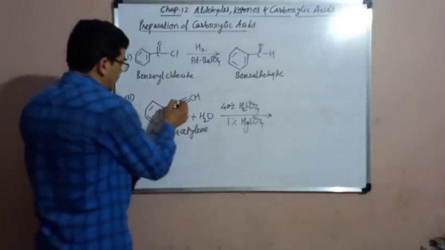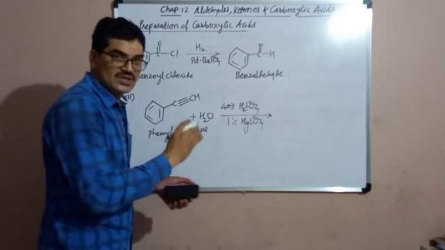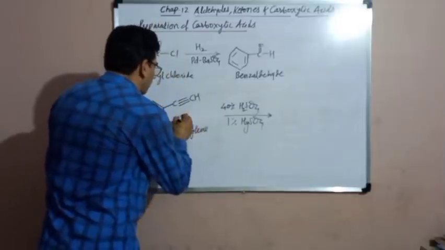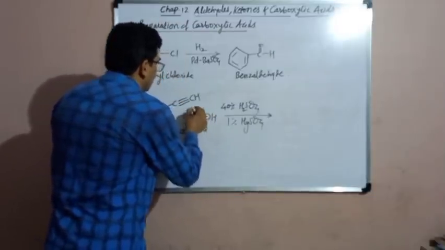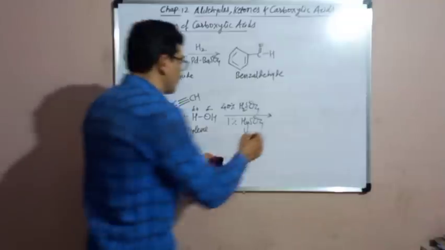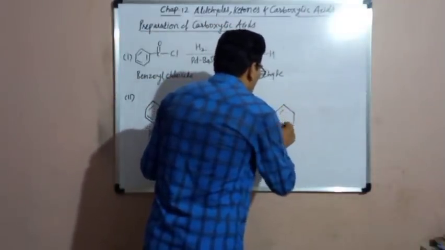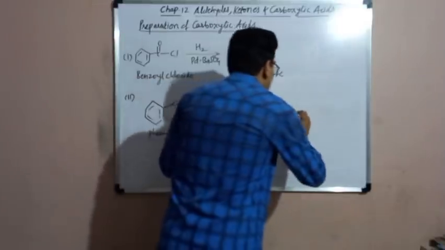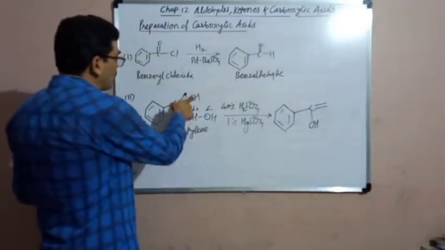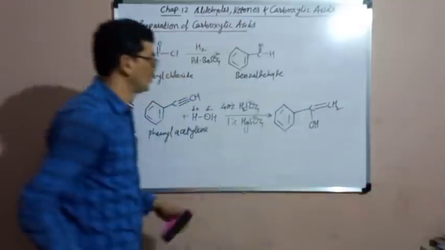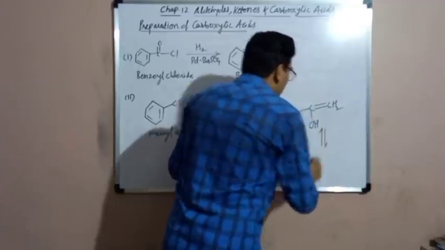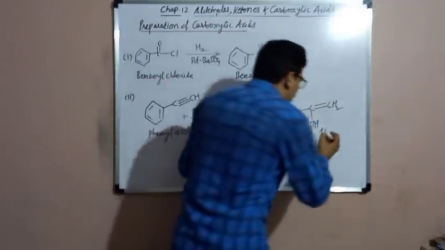Water molecule will combine here. Now water has two parts, H and OH. OH is the negative part, H is the positive part. You can write water in this way, H, OH. This is the positive part, this is the negative part. Now here the addition of this negative part will occur according to the Markovnikov's rule. Here Markovnikov rule will be obeyed. The negative part OH will combine to this carbon, C-OH. Triple bond will get converted to double bond, and the positive part hydrogen will combine to CH to give CH2. So this is the intermediate which will later on undergo a special type of isomerism known as tautomerism.